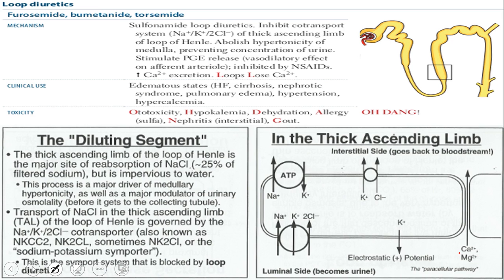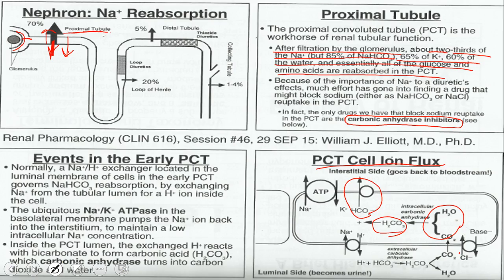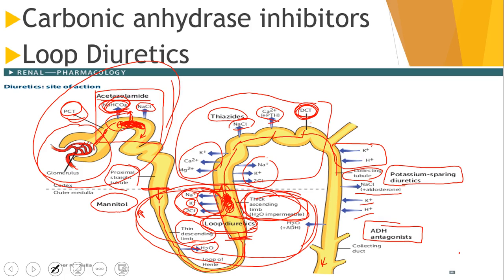Okay, another little breakdown. Now we're going to be talking about loop diuretics for a moment. Some loop diuretics: furosemide, bumetanide, and torsemide. Mechanism of action of these loop diuretics is going to be to inhibit the co-transport system. I want to go back to the earlier slide though that we had, and a lot of garbage written on here, but